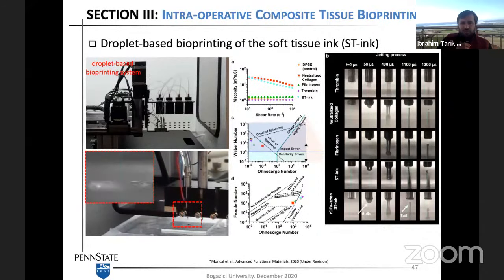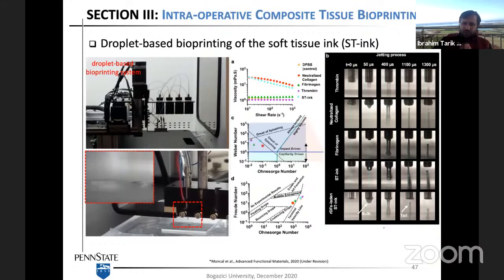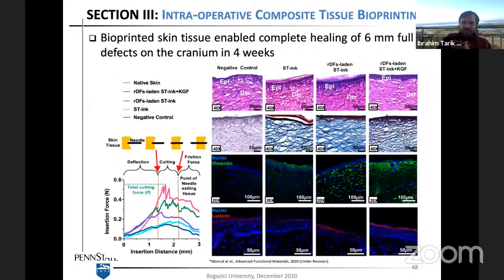Of course, for skin printing work, the problem is the resolution should be high. The main problem with skin printing is the skin layers are very, very thin, and we can't really extrude the material because the extruded filament thickness was greater than the thickness of the skin layer. Because of this issue, we use the droplet-based bioprinting technique, like inkjet printing, or it could be microvalve, where we can deposit jets of fluid, like the bioink with the cells. These are with skin cells obtained from rats. And then we show that by optimizing the parameters, we can control the droplet formation. So then we intraoperatively bioprinted these skin layers